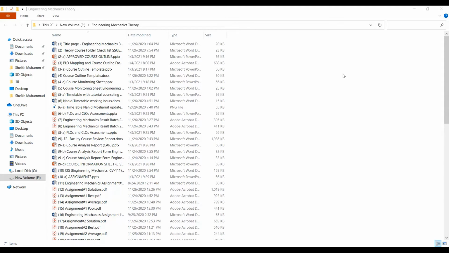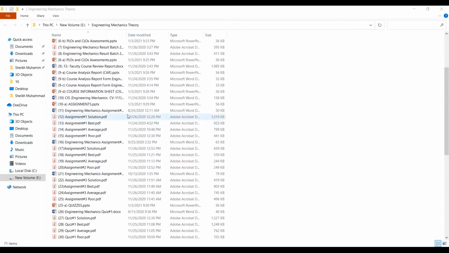What I have done first is copy all the documents into a single folder. Then I have given them numbering. For example, this is number one, two, and you can see all the documents are in sequence. Somewhere I forgot to put a file, but since I had given numbering, I did not disturb the sequencing. I have given separators like 2A and then 3A, so the sequence will not be disturbed.